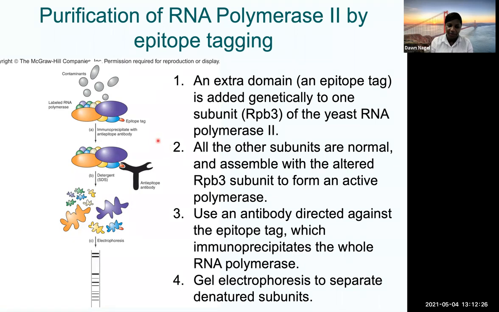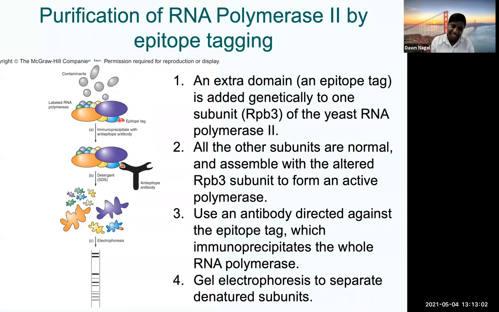You're isolating a particular protein, and that's what you see here, this blue circle with this little red tag. This blue circle, which is RNA polymerase subunit 3, has a tag attached to it. So it was engineered this way, okay? This protein was taken out of the cell, a tag was added to it, and it was put back into the cell, okay? And then